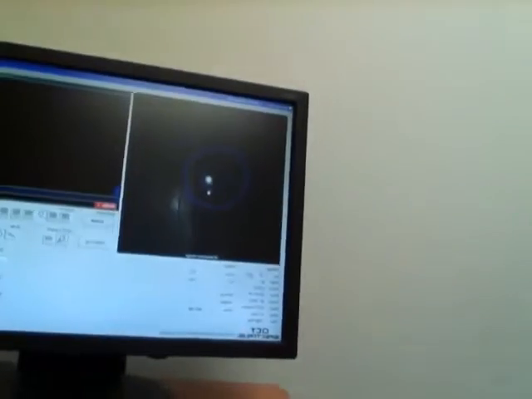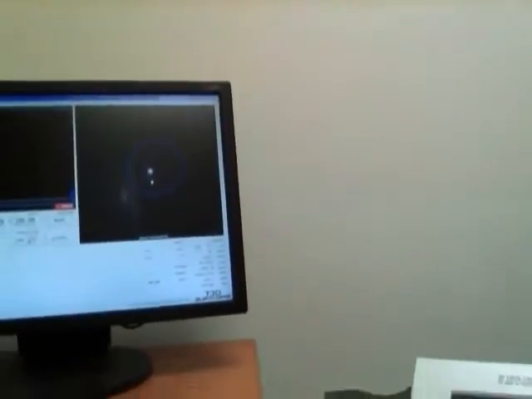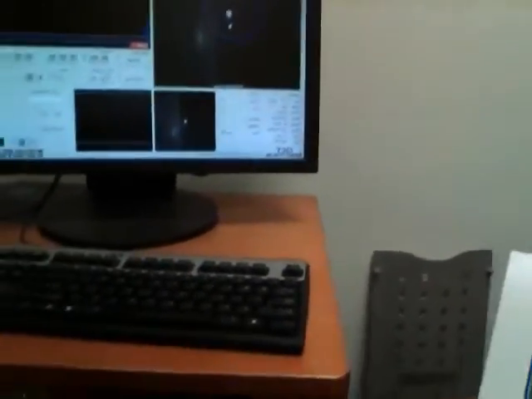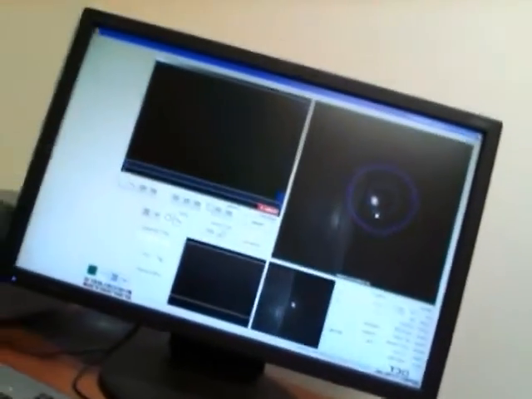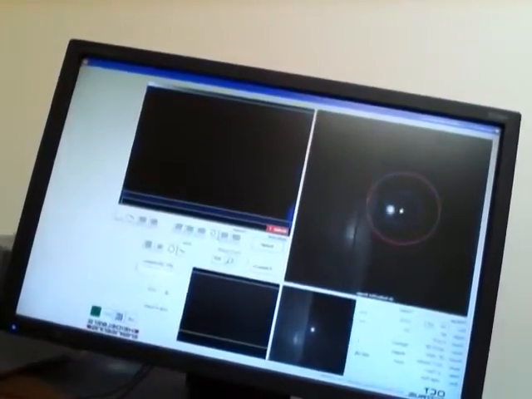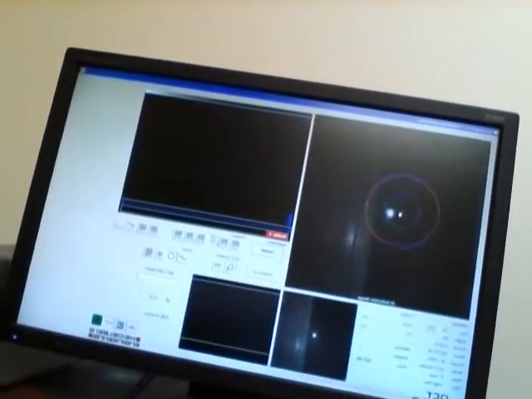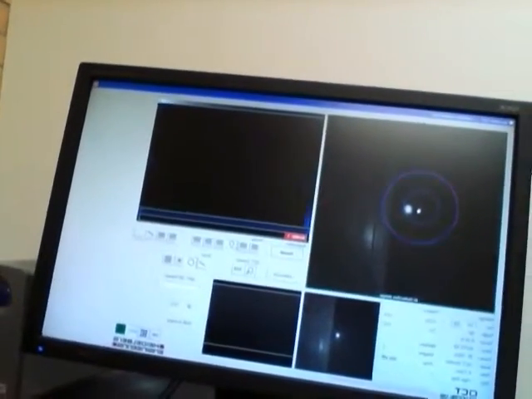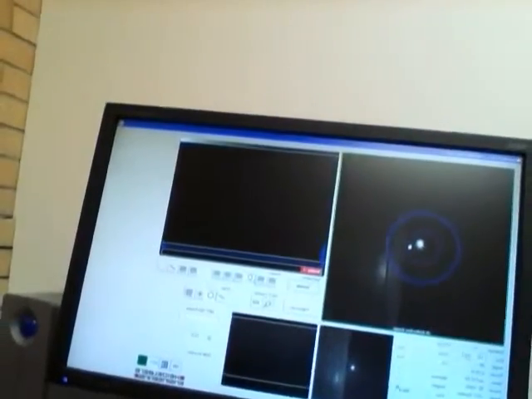After freezing the image, we move that bull's-eye target point onto the optic cup of the patient. Okay, when the point comes on the optic cup, we acquire the image, then defreeze it. Okay, that is done.